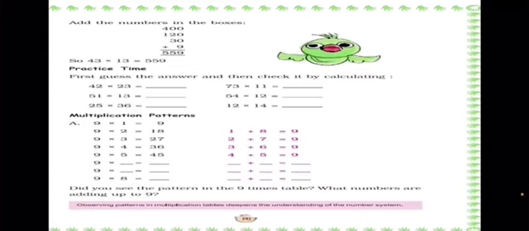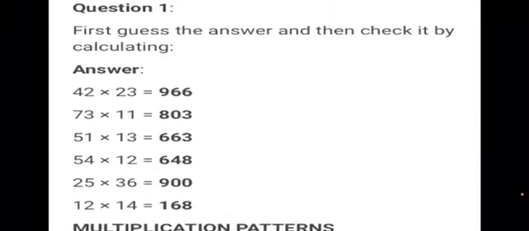So now you need to add up all these numbers. So 100 plus 40 plus 20 plus 8 is 168. So now let's check our answer if we have got 168 or not. Yes, we have got 168. So by using the partition method, our calculations become simple and easy. So start writing the answers in your textbook.